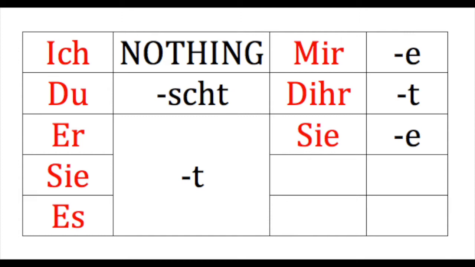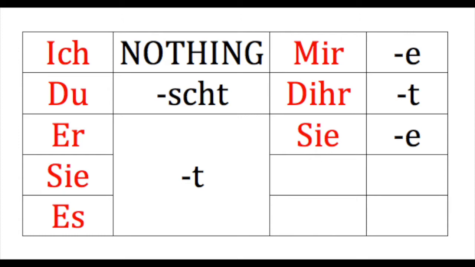When you're conjugating for the subject of the sentence being du, you singular, you sing. Notice that the ending here is S-C-H-T. So rule number one, drop the E, add the ending, S-C-H-T, du singscht. For er, sie, and es, all three of them have the same ending. It's T. And we go to the right-hand side, the plurals. For mir, which is we, you put that E right back on. Take the E off, put it right back on. For dir, you guys, you plural, drop the E, add a T. And for sie, they, drop the E, put it right back on. So those are pretty easy. So it's nothing, S-C-H-T, T,